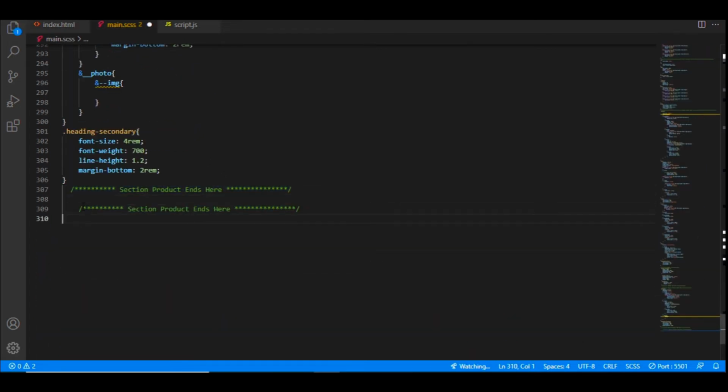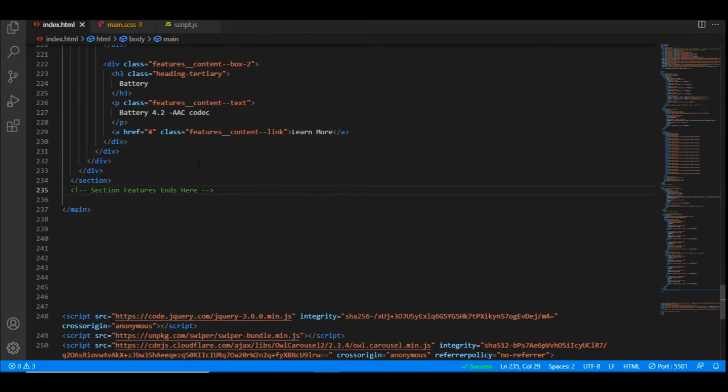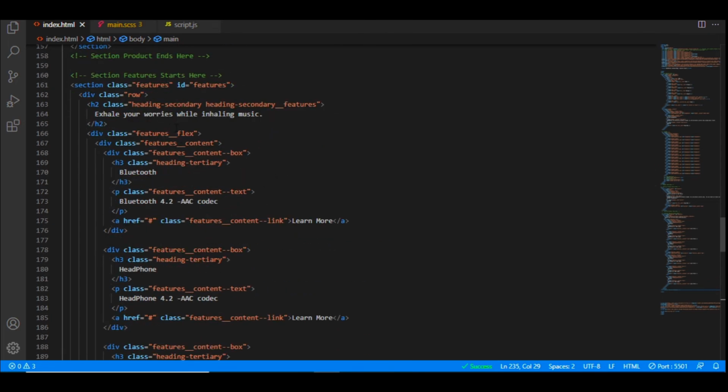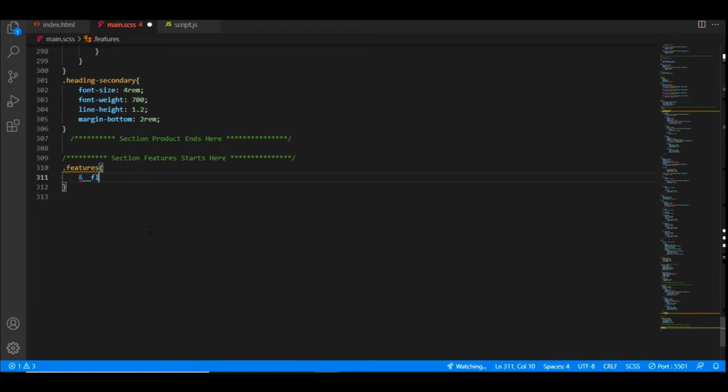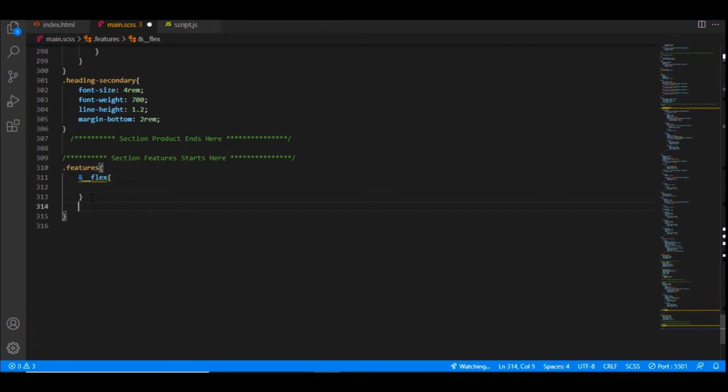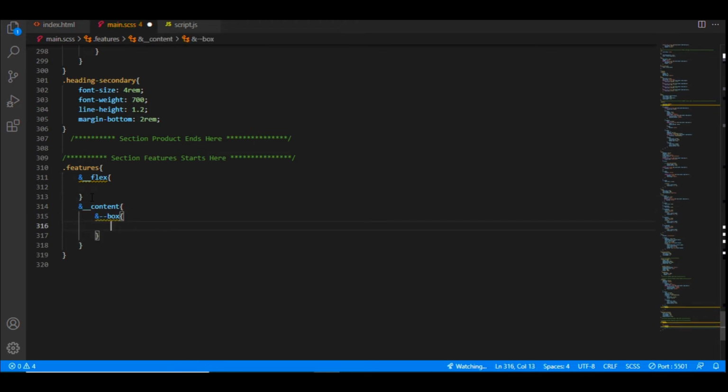We will copy this box, paste it twice, and change its text. So this is our output file. You can see that both text and images appear in our website. We will copy and paste, and here section features, and